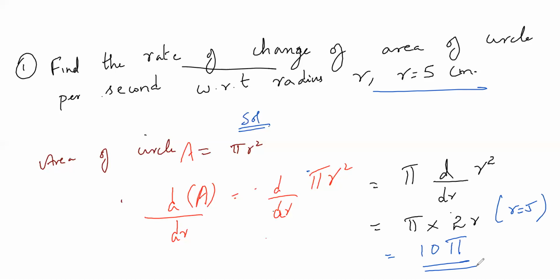Is it easy or difficult? Understood. So guys, nothing I'm doing. I need to know the area of circle formula, pi r square, correct? Rate of change of area of a circle, correct? With respect to radius. So dA by dr. That's the reason I'm differentiating with respect to r, because it is asked with respect to radius. That's all.